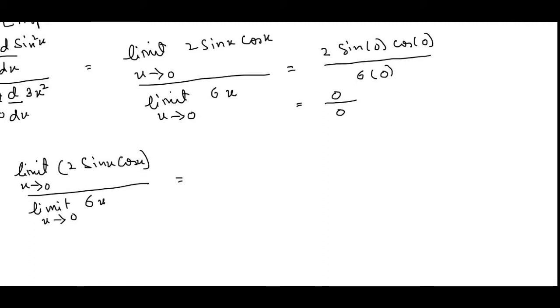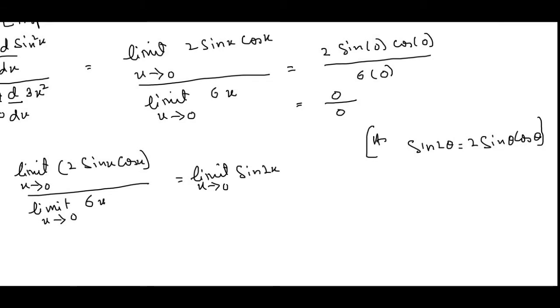Here we can also use an identity, which is sine 2 theta is equal to 2 sine theta cos theta, which will be simpler, as we get limit x approaches to 0 sine 2x whole divided by limit x approaches to 0, 6x. Taking the differential,